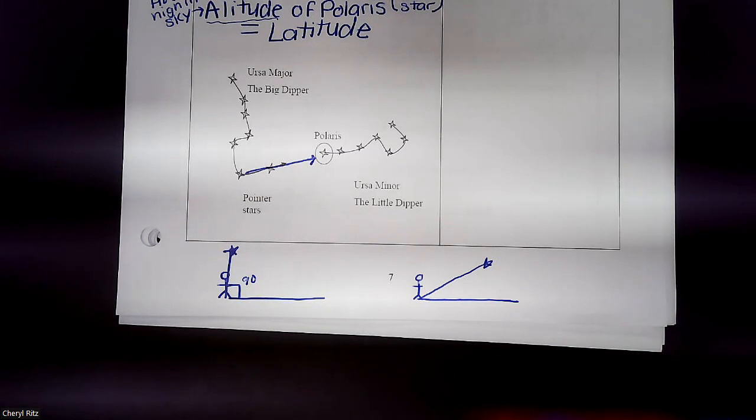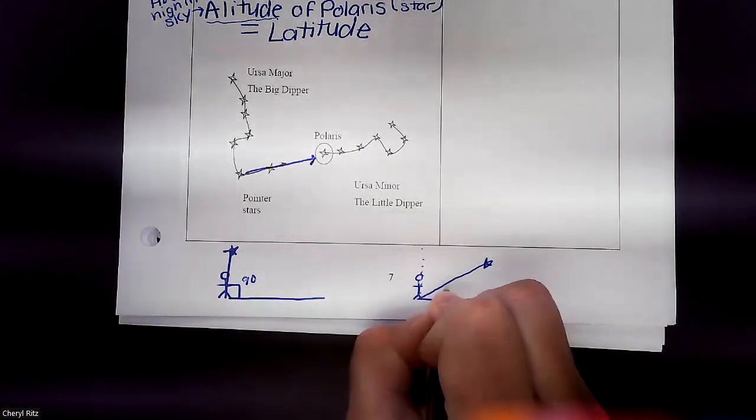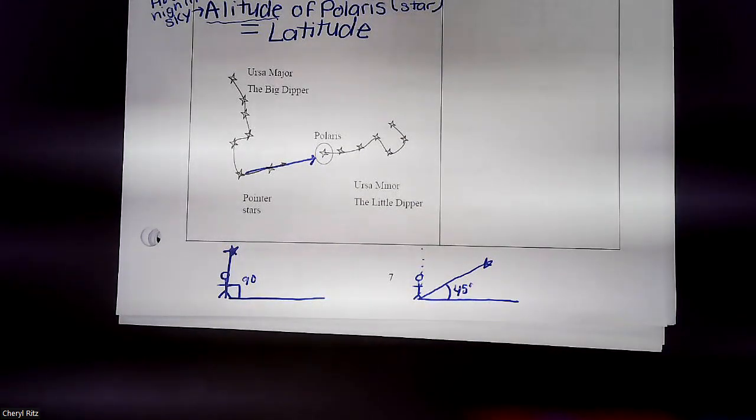What made you say 45? Because it's about half of 90. So see, there would be the 90. This is about half. So the altitude of Polaris is 45 degrees in the sky. What's their latitude? 45. It's that simple. Whatever the altitude of Polaris is equals your latitude. And I like to abbreviate that as